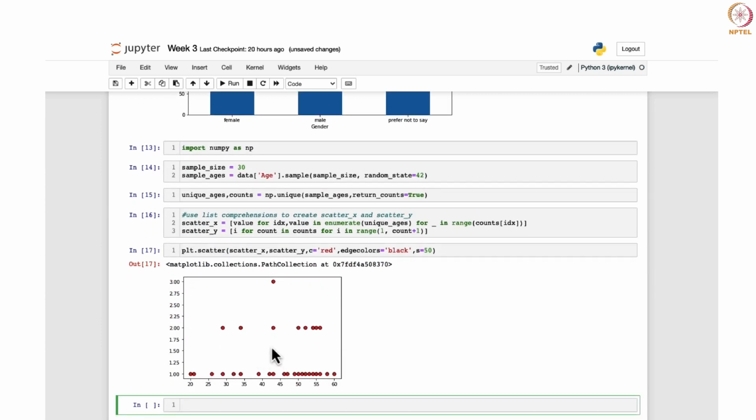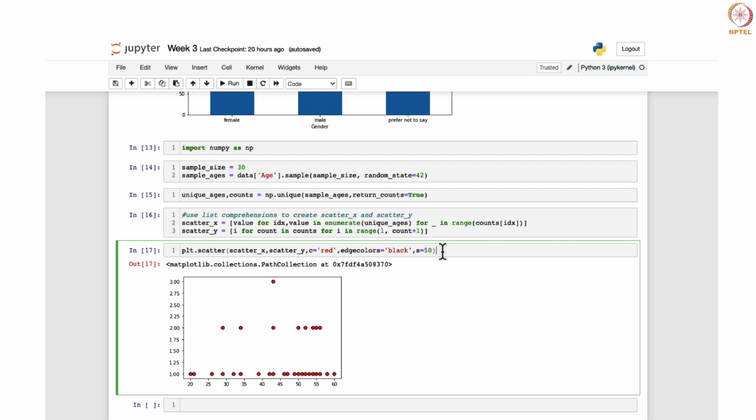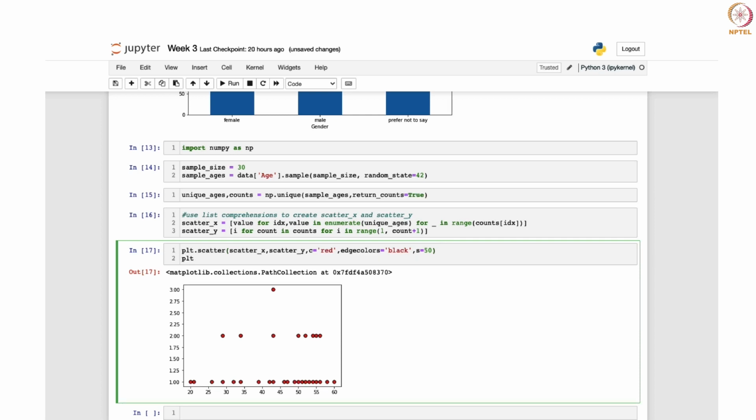So it has already given it. So scatter plot: on the x axis you have these, on the y axis you have this. Red, you can see these are the dots, edge colors are black, okay, you may change it according to your need, and the size of each dot is 50. So you can alter that. So let me first complete this code over here. So plt